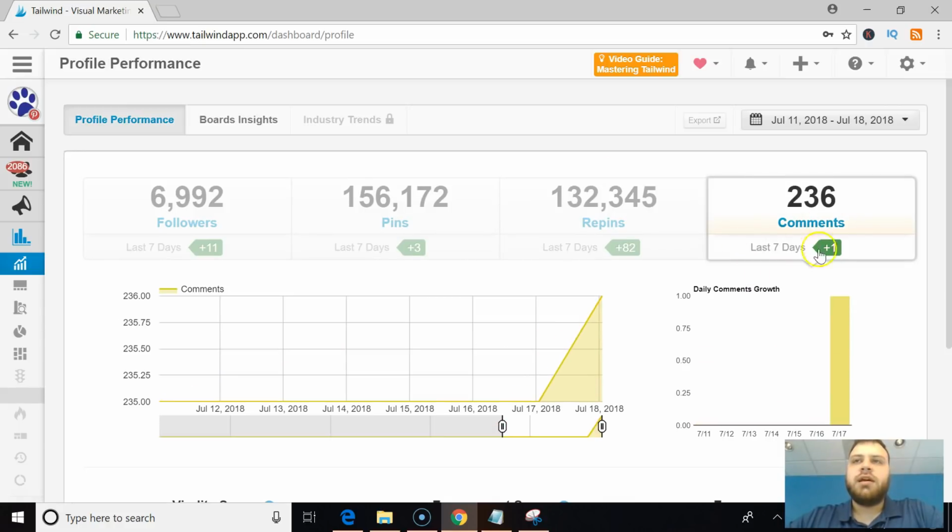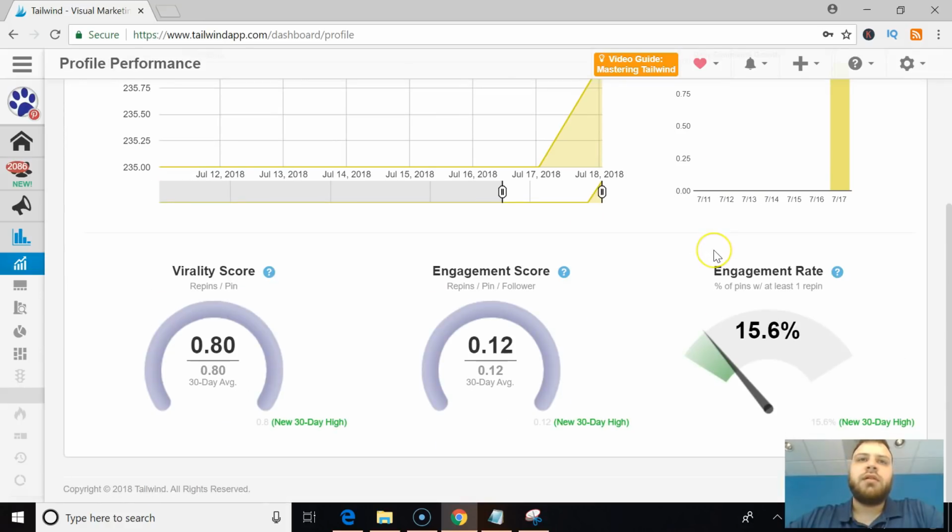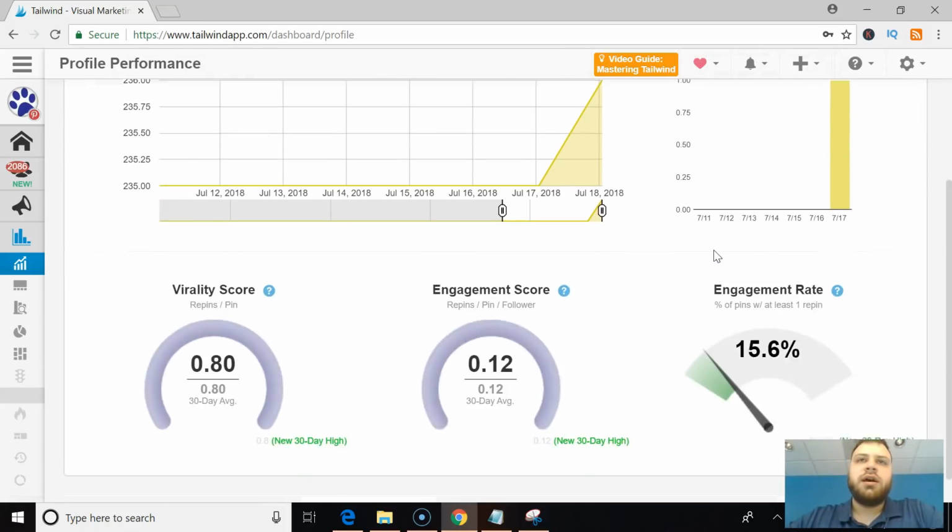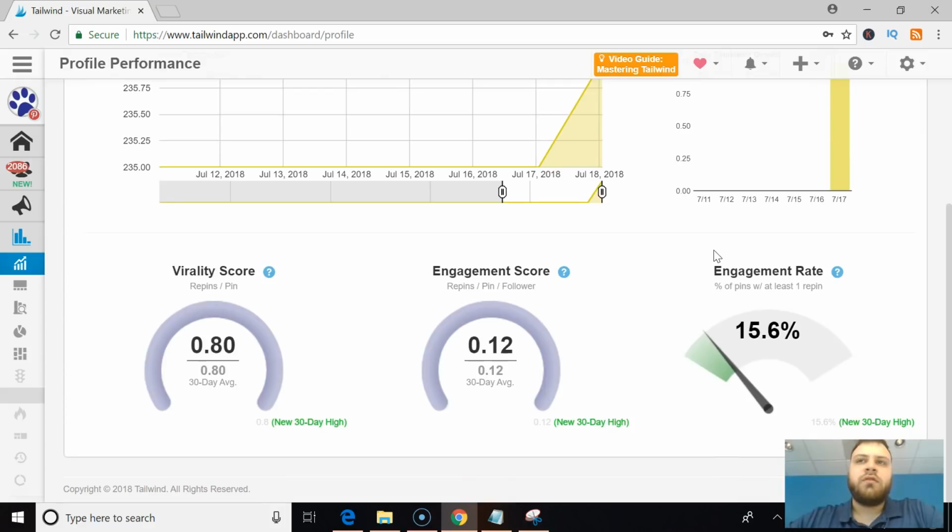It's going to show me how many comments I have, and it looks like I got 1 comment in the last 7 days. This is on my dog related Pinterest account for my dog related site, which is a blog about dogs, or being a dog owner and stuff like that. So you can see my engagement rate says it's